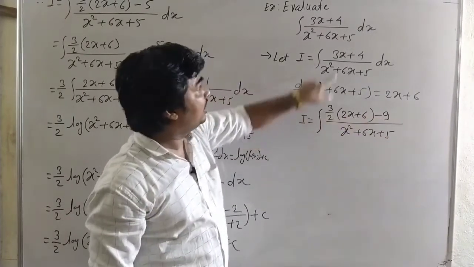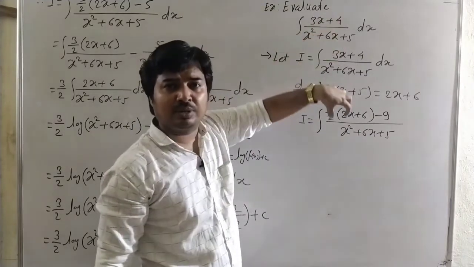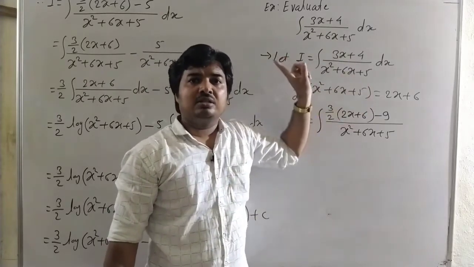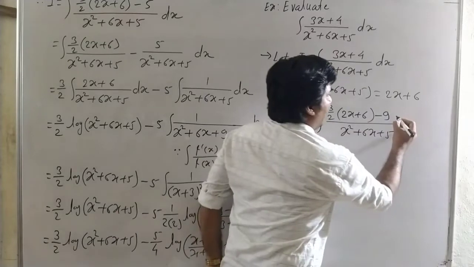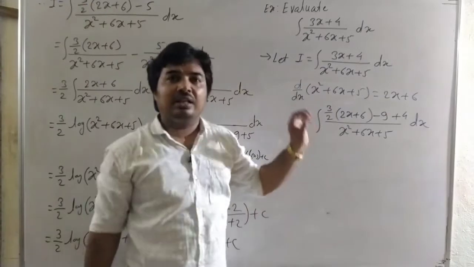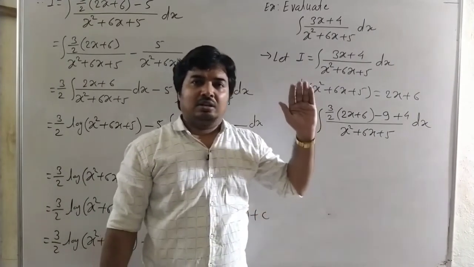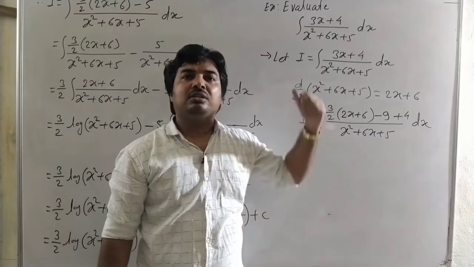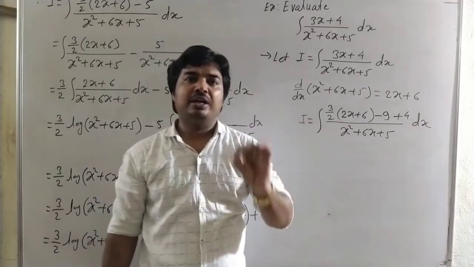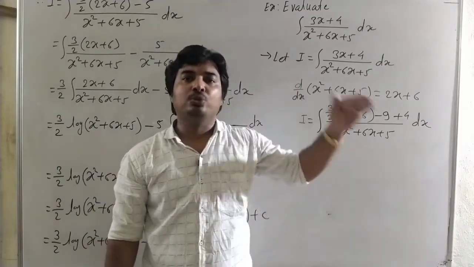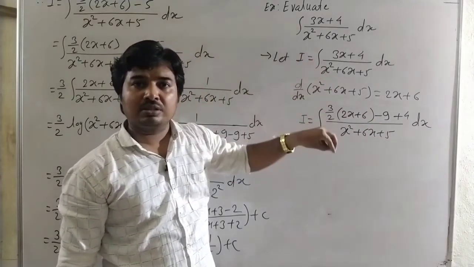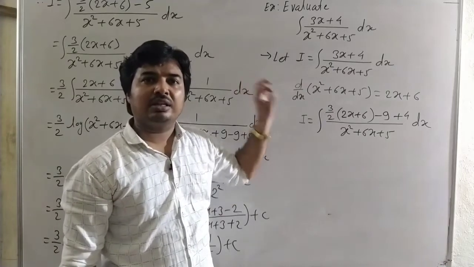The calculation of this term, it is only 3x. It is an adjustment. Okay, this adjustment we have already learned in our lecture number 6. See lecture number 6. Here, and plus 4 as it is dx, it is an adjustment. In lecture number 6 we adjusted the linear function in the denominator into the numerator, that is, when the degree of the polynomial in the numerator and denominator are the same, then adjust the denominator in the numerator. This type of example we have learned in our lecture number 6. See or watch carefully lecture number 6.